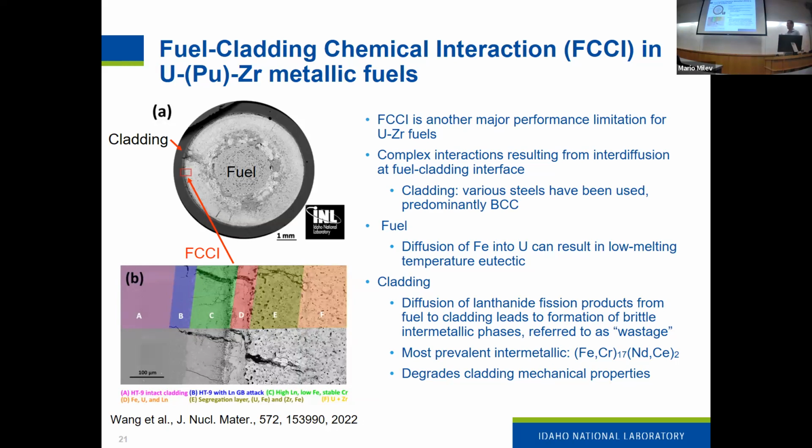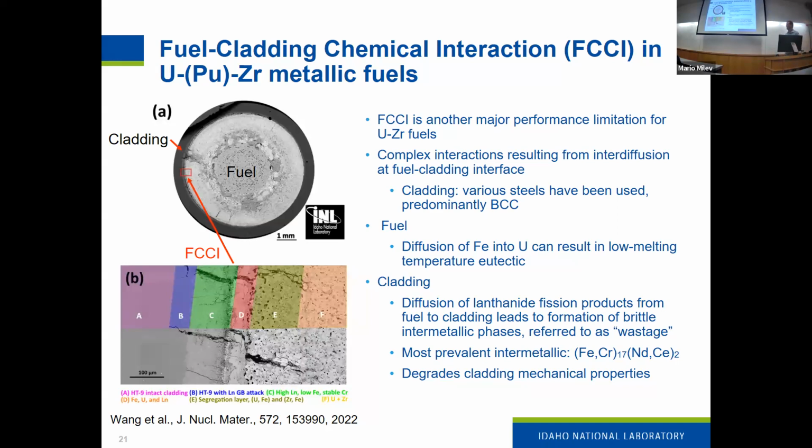The cladding that was historically used in EBR2 is various types of steels, most commonly a steel grade called HT9, which has a BCC crystal structure. So on the fuel side, we can have diffusion of iron into the uranium that can result in a low melting temperature eutectic. On the cladding side, we see diffusion, particularly of the lanthanide fission products from the fuel into